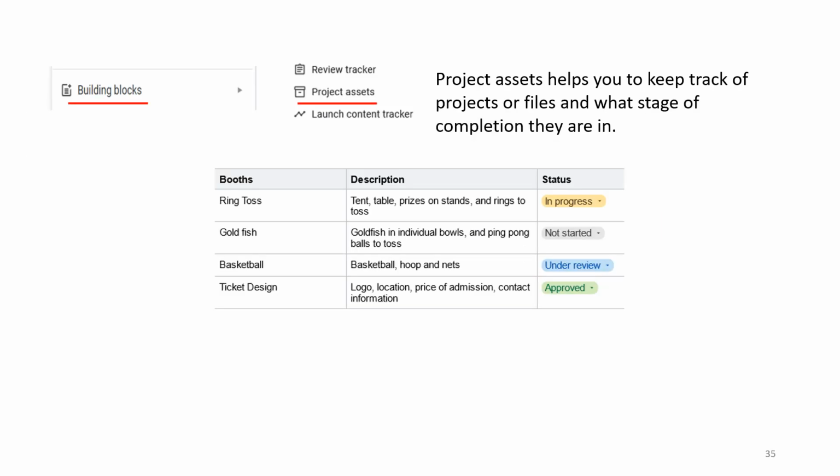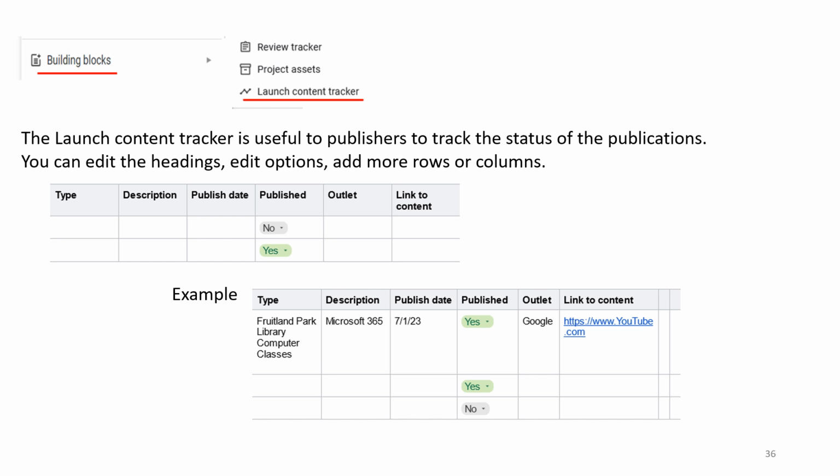Project Assets helps you to keep track of projects or files and what stage of completion they are in. The Launch Content Tracker is useful to publishers to track the status of their publications. You can edit the headings, edit options, and add more rows or columns. Example: